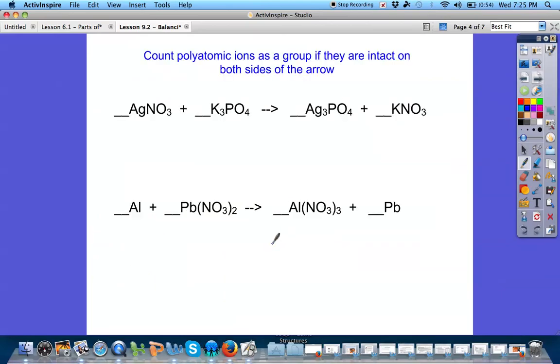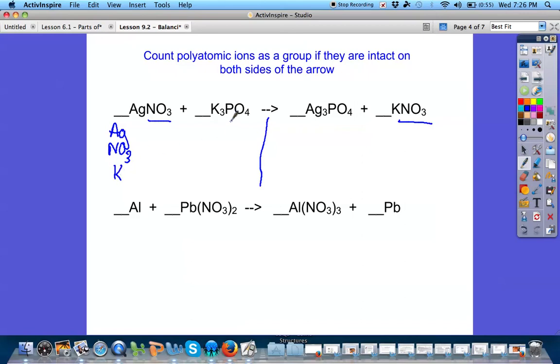The next tip that I want to give you is count polyatomic ions as a group if they are intact on both sides of the arrow. So your polyatomics from your polyatomic list on the back of your periodic table, those are a group of atoms that act as a unit. So if they are together on both sides of the yield arrow, we can count them together. So we have silver, and then we have nitrate. Well, we have nitrate in our reactants. We also have it in our products, so we can count that as 1 unit versus counting the nitrogen and oxygen independently. And then we have potassium,